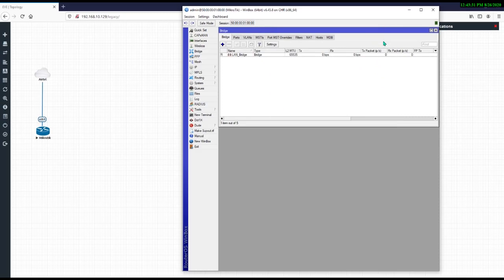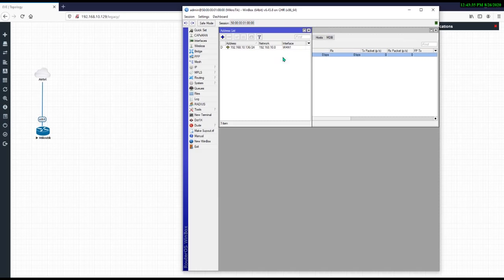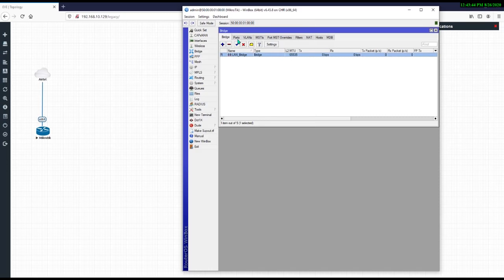So this is the bridge name. We can see here port number 1 is WAN 1, and 2, 3 and 4 are free. So we will add ports 2, 3 and 4 in that bridge.